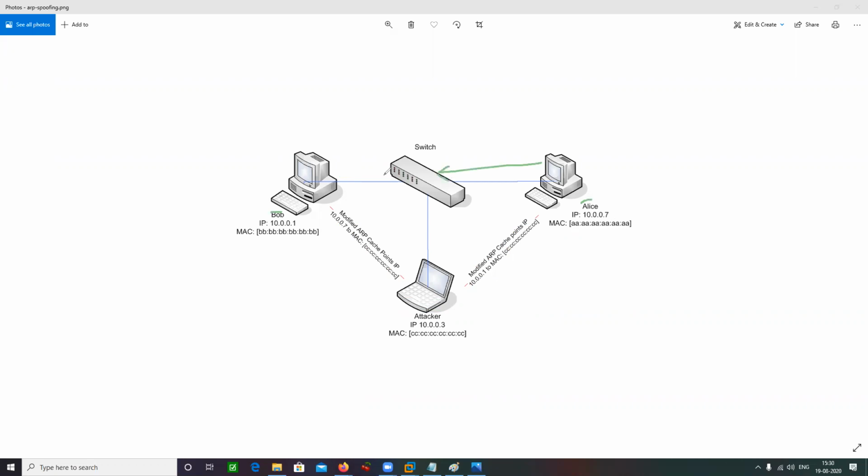That's how their traffic flow is going to look when they are sending data to and fro. And there's a third device connected to the network, that is the attacker. You start a sniffer here. My question is, would you be able to capture the communication between Alice and Bob?